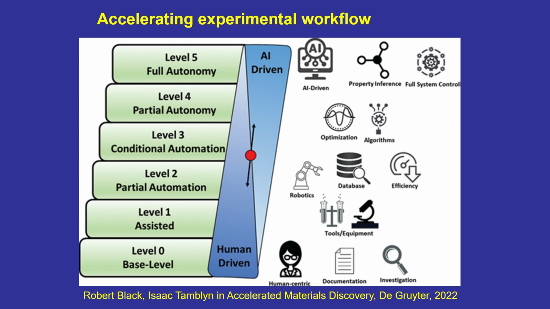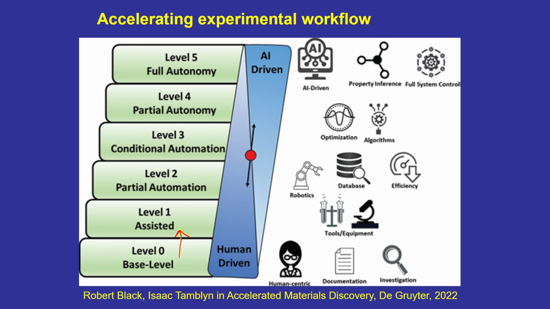You can see as human centric, we do documentation, then human looks at the data, analyzes the data to find out some correlation. Then a little bit above is level 1, okay, that is the level 1 you can see here. So, level 1 basically tells you what? Assisted level. It is still human centric or human driven, but some amount of AI came into picture. What is it? This sees the implementation of some type of assistance,